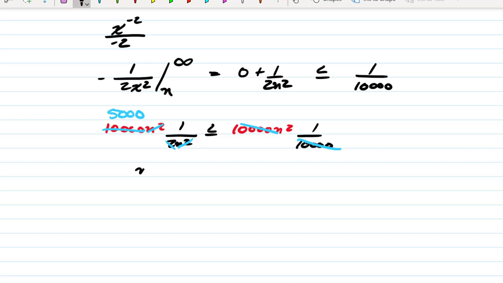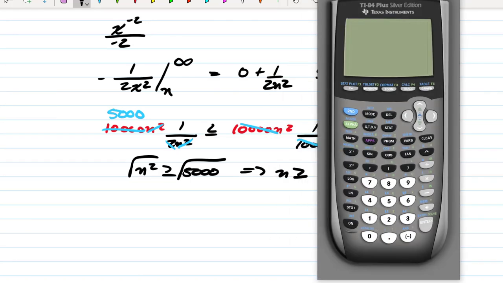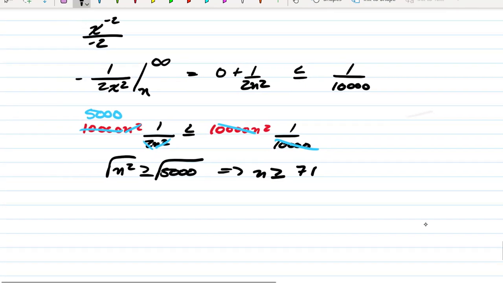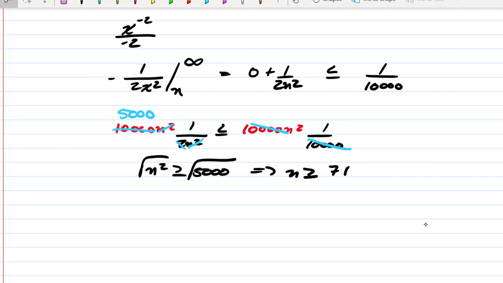So we get n squared is greater than or equal to 5,000. Taking the square root, we get n is greater than the square root of 5,000. So we calculate the square root of 5,000, and we get 70.07, so n has to be bigger than 71, because you can't add up 0.7 of a term. So to have the desired accuracy for that series, we would need to add up 71